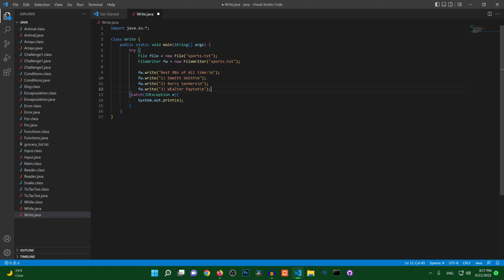So now that we've got a list of 3 running backs that we like, let's do one last thing. We're going to do fw.close, and we're going to make sure that we save this. But the one thing I want to point out about this fw.close, you might be curious about what this is doing. So the file writer, when we call FileWriter, if it's successful, it's going to open the file to